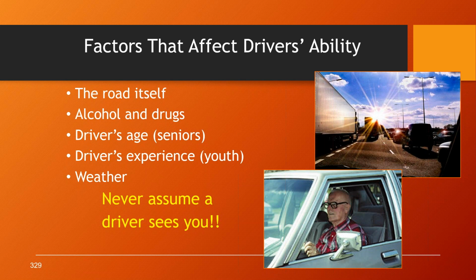Make sure you've got the advanced warning area nailed, with all the cones, the newest cones, and your vest and all that. But they also might be under the influence, or the road itself